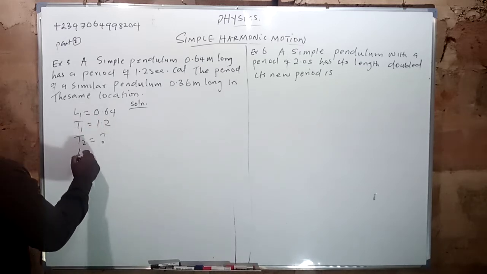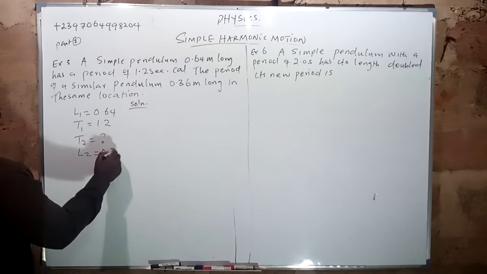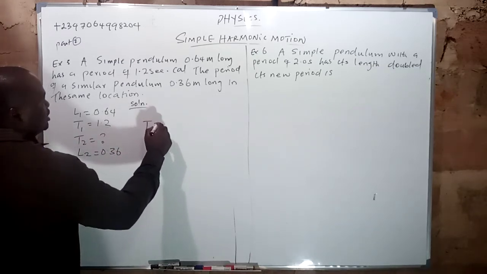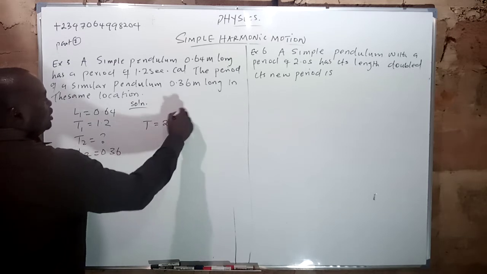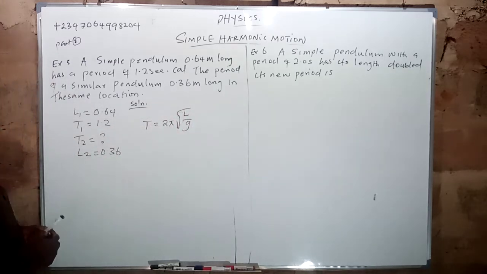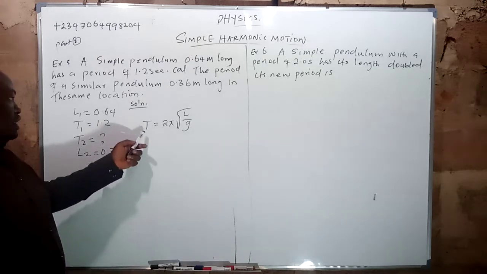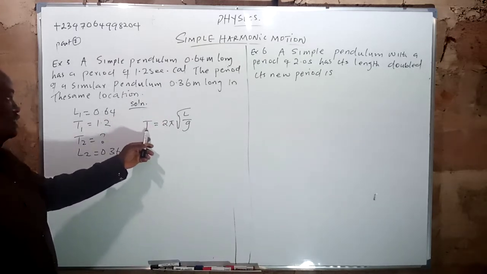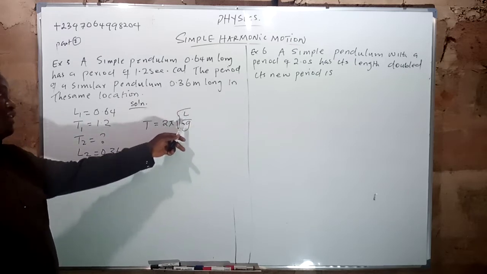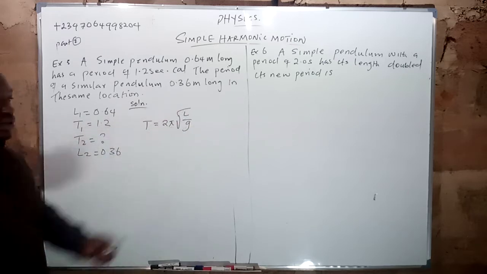When the L2 is 0.36. Now, there is a formula I wrote: T equals 2π root of L over g. From this formula, you can see that T is directly proportional to root of L and is inversely proportional to root of g. So from this formula,